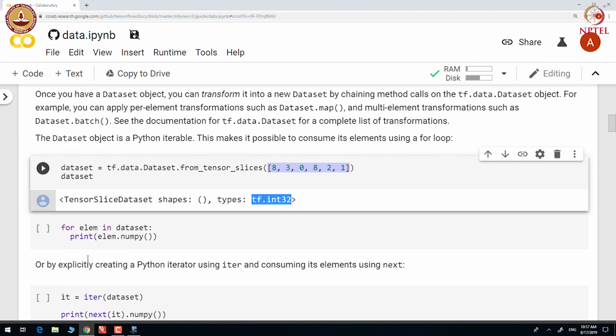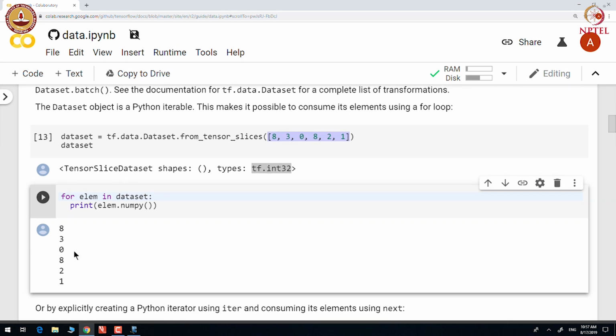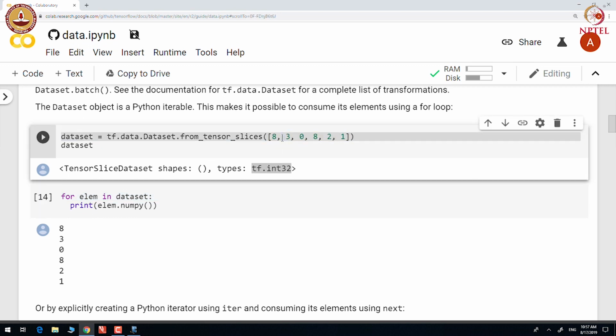Let us look at the elements in the dataset. You can see that this particular dataset has 6 scalars which are integers, and this dataset is constructed from this particular array.